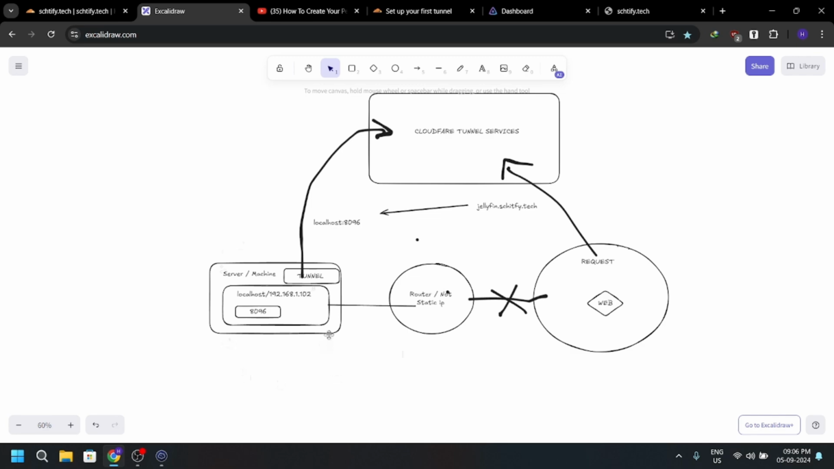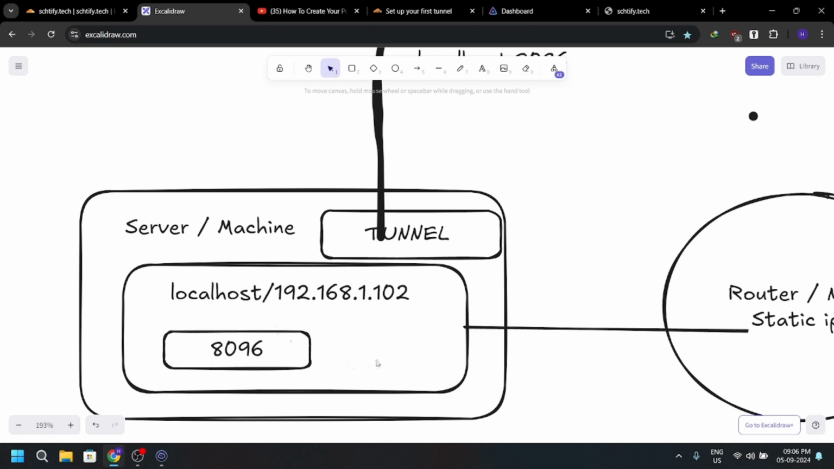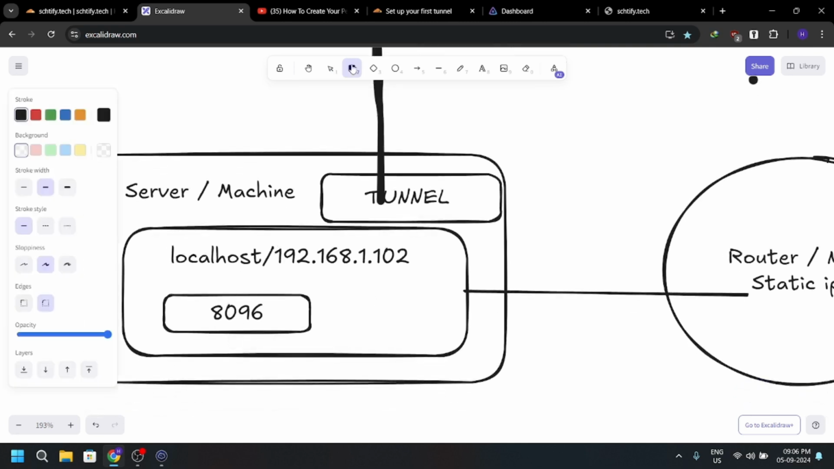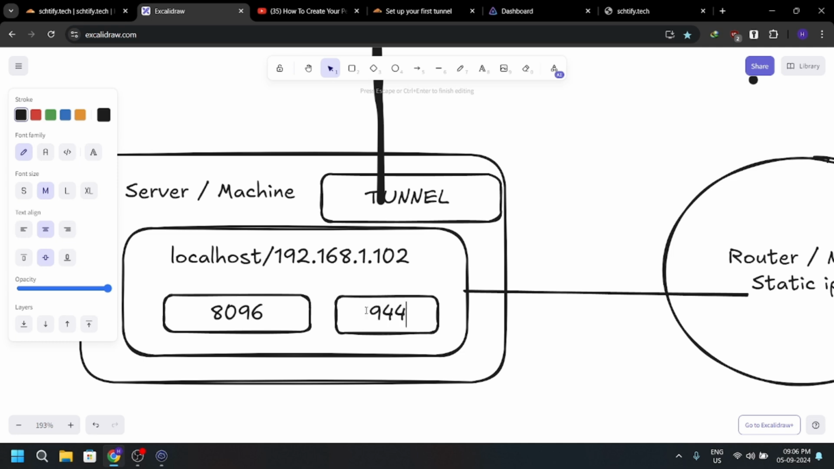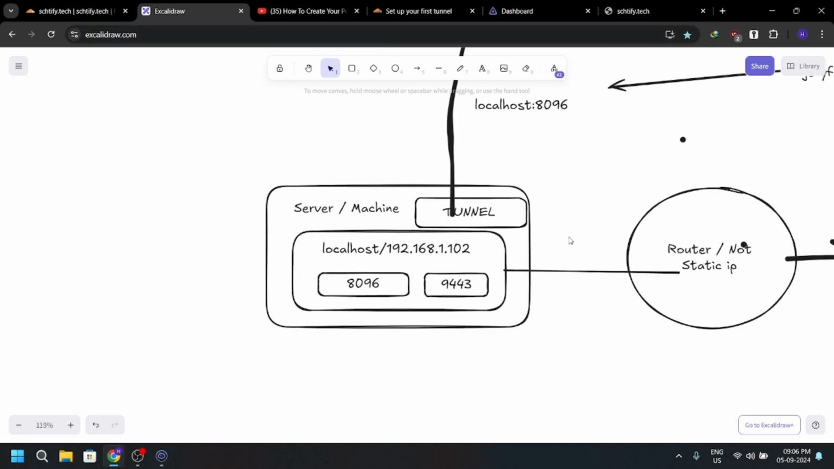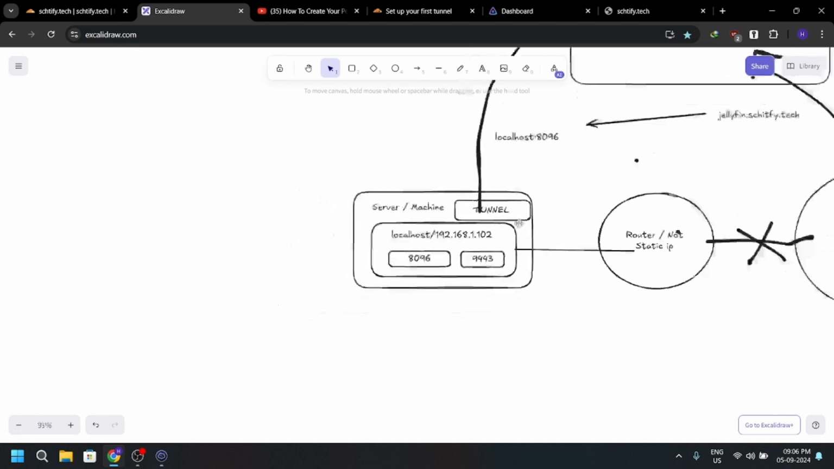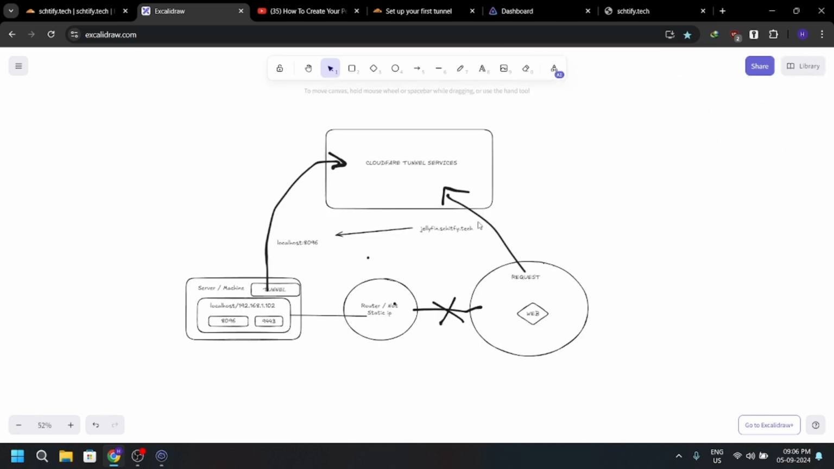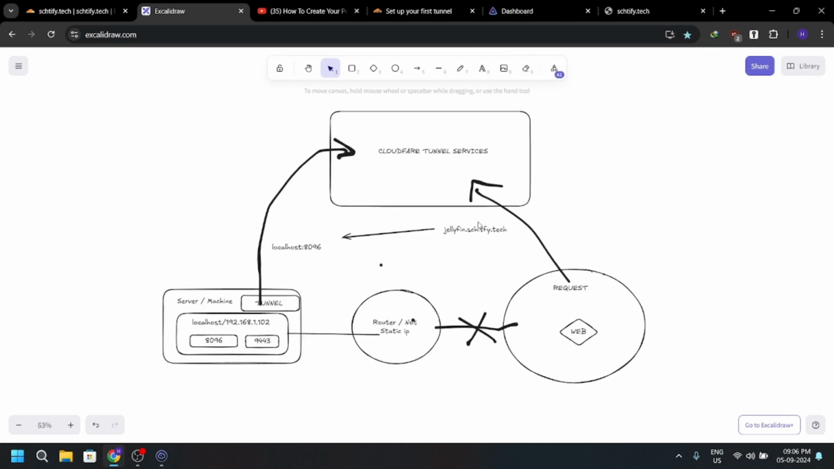and for this I just have to tell you one more thing. Even if I do it for 8096, because only my Jellyfin is running, if you have any other service, like I have Portainer too, I can also add 9443. Any service that is running on your server or local machine can be exposed through this Cloudflare tunneling. Yeah, you can just see this here. Till then,